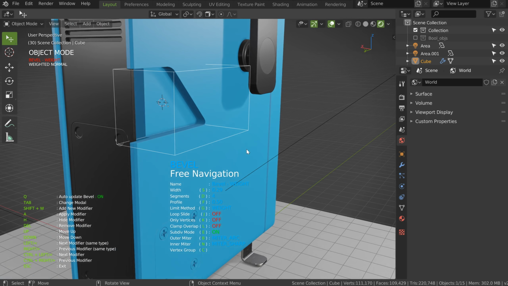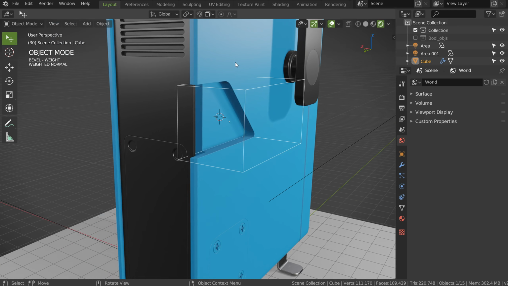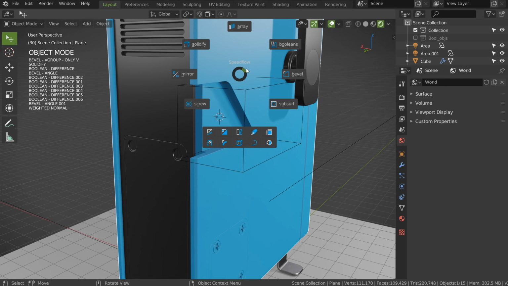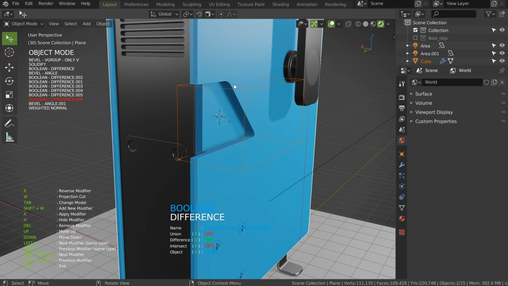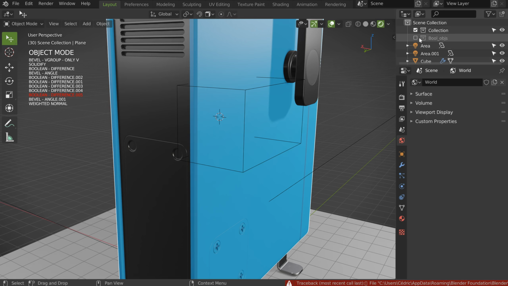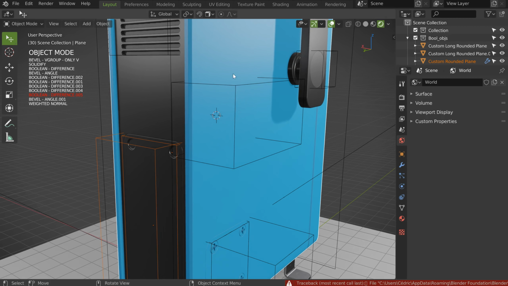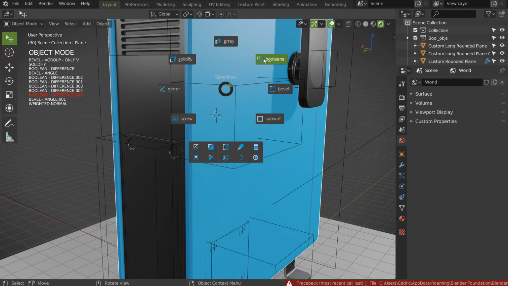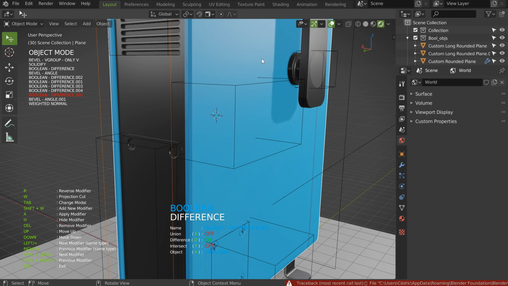Okay, this is nice. And in fact, I want to have different objects here and here. So what I will do is remove the boolean and restart it. You will see why. I will press Delete. I have a little issue: I need to show the bool object. This is something I will fix in SpeedFlow, because this is an alpha-only mode.